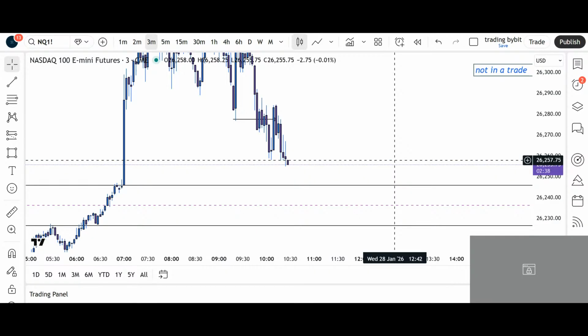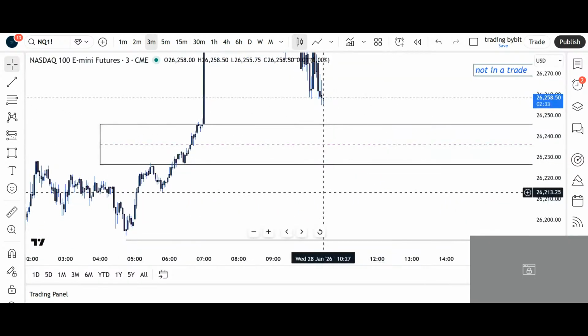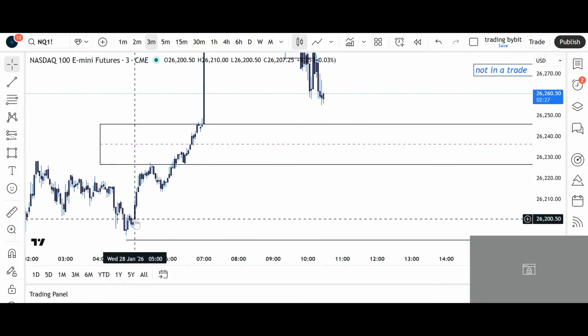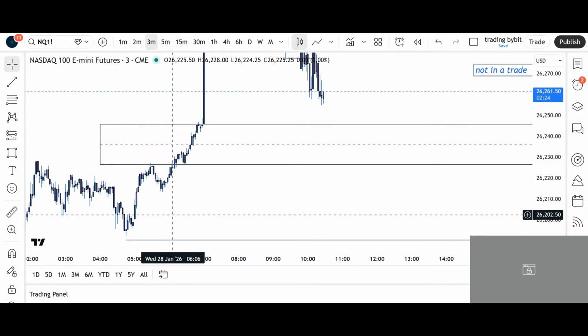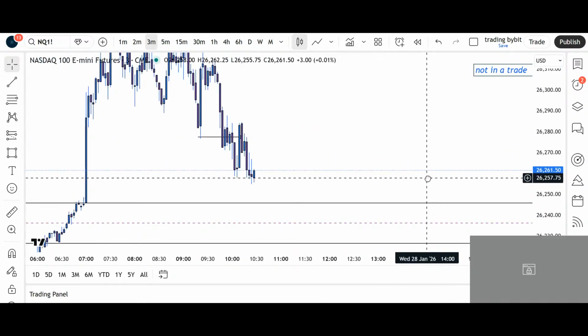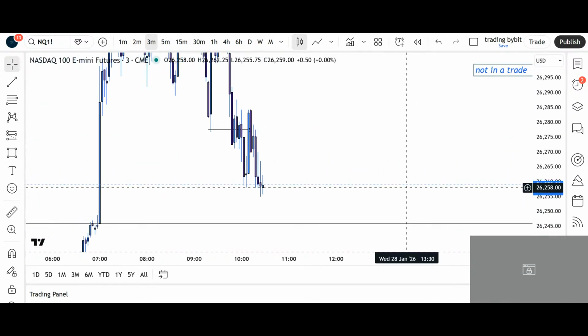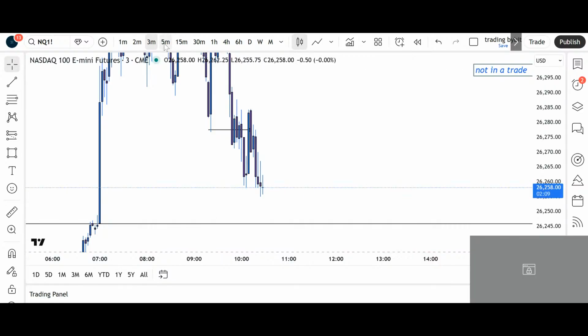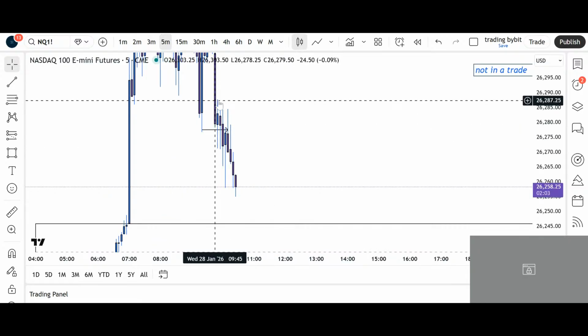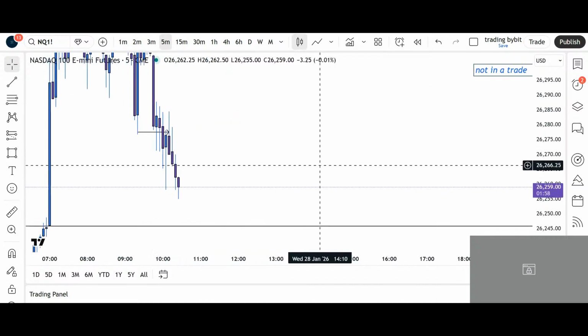Not sure that I will get a trade online in the next 20 minutes or something. This can go all the way back to this level. If we can come back to like 26,200 and we see a 5-minute shift to the upside, I would long off of it immediately. That would be amazing to see. On a 5-minute base, we came back up and this was that entry right on this level. So I didn't have it for 2 and 3 points, something like that. So sadly enough.